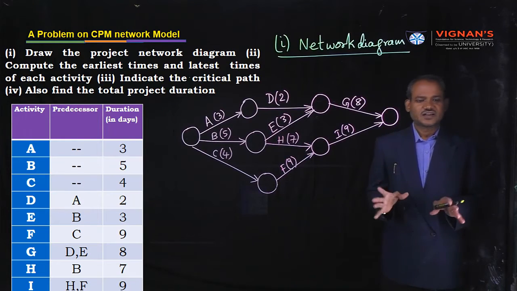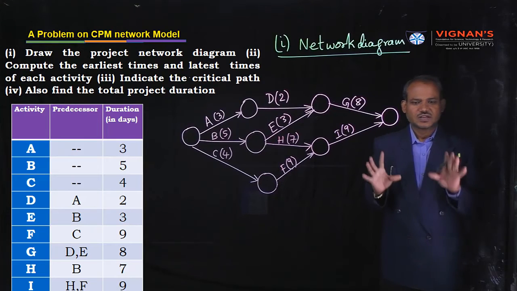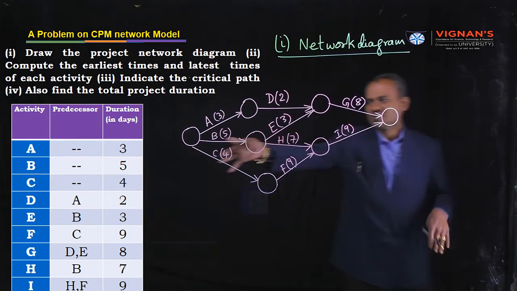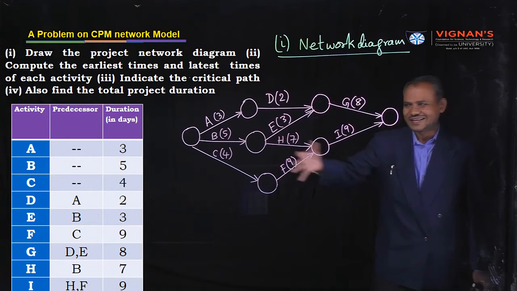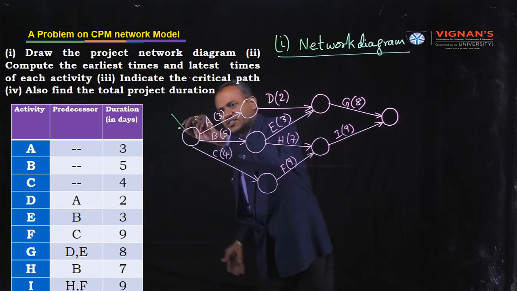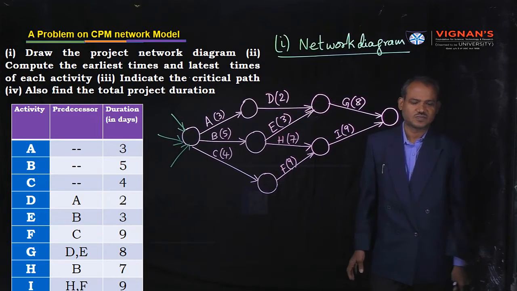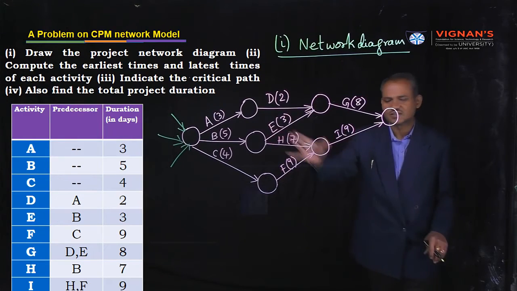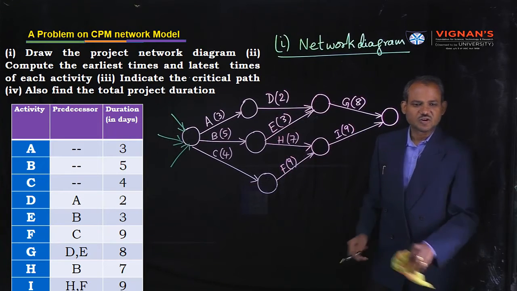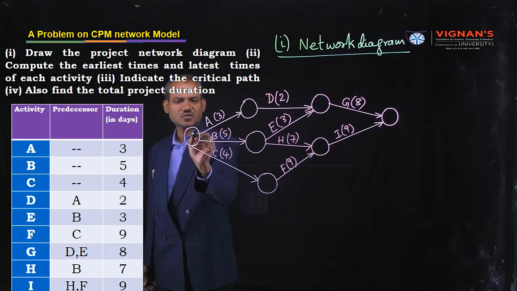First identify the initial or starting node. Everybody can tell this is the starting node. Starting node means that node does not contain any entering arrows. That means like this, no entering arrows, but leaving arrows are there. One or more emerging or leaving arrows are there. Therefore, this node is known as the starting node. This is the initial event or beginning node.